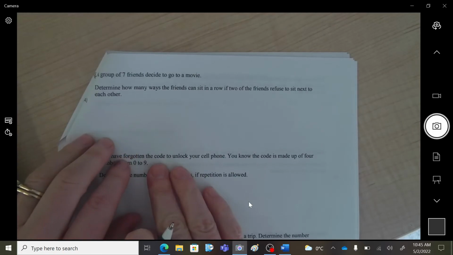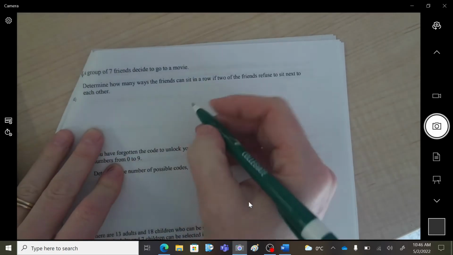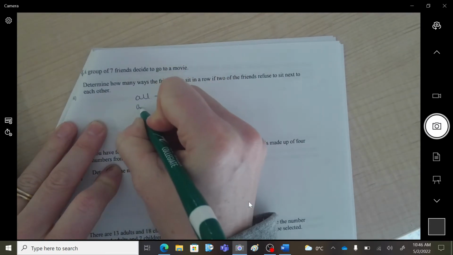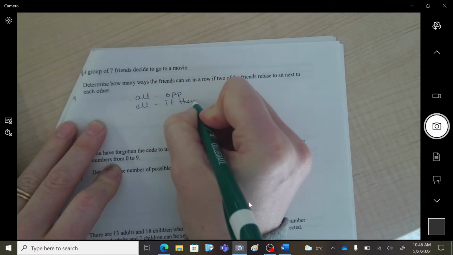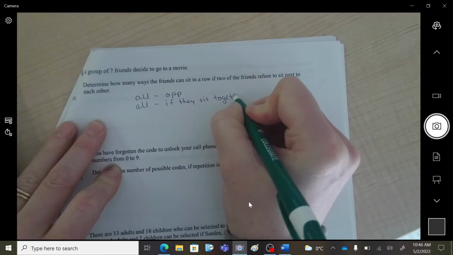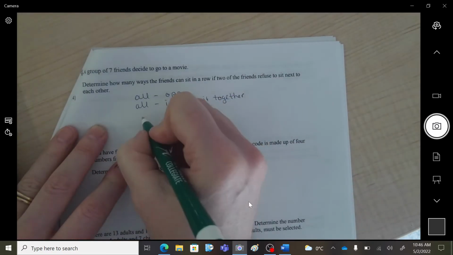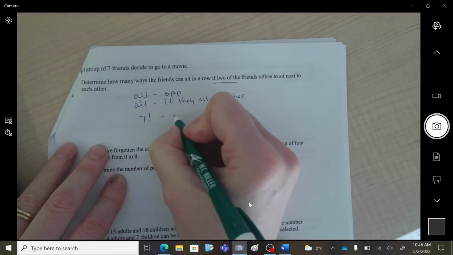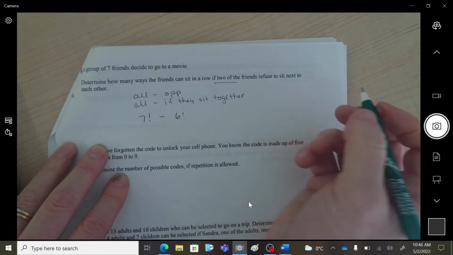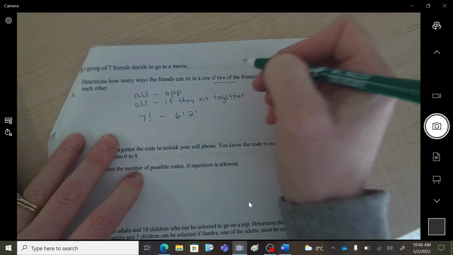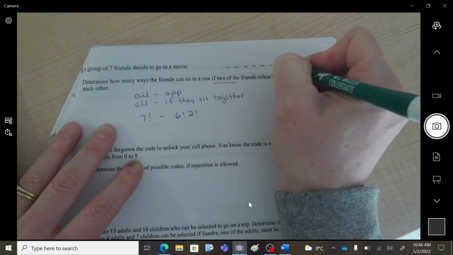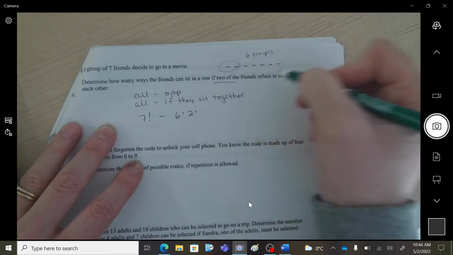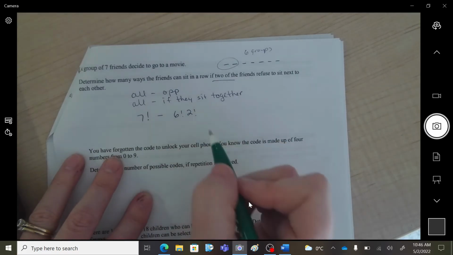7 friends going to a movie. How many ways can they sit in a row if 2 don't sit together? So we're going to do all minus opposite, and the opposite is if they sit together. Okay, so the all would be just 7 people getting arranged. If the 2 people do sit together, now I only have 6 groups, and then within they can do that. Okay, so I only have 6 groups of moving around at that point. So if I do that subtraction,